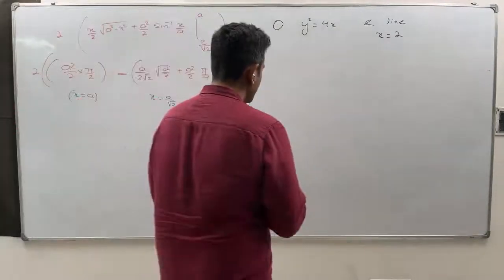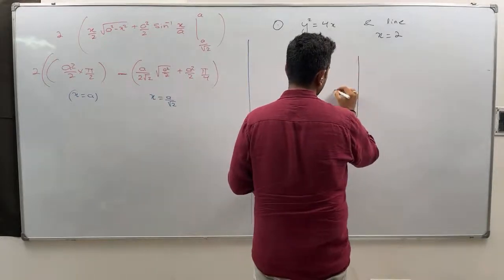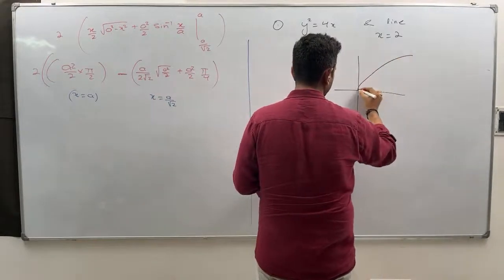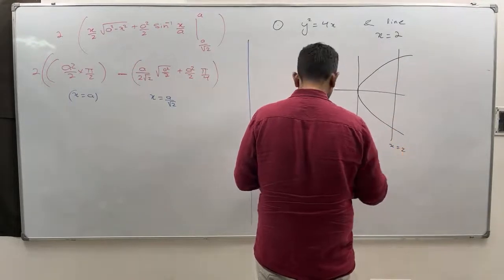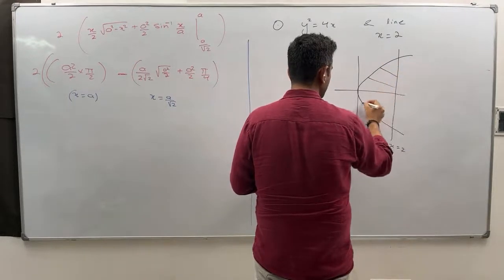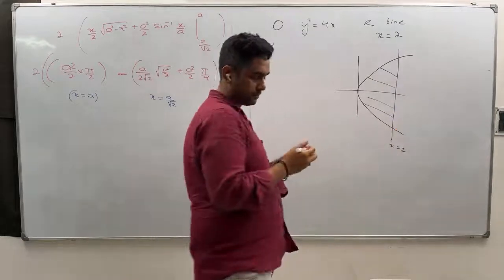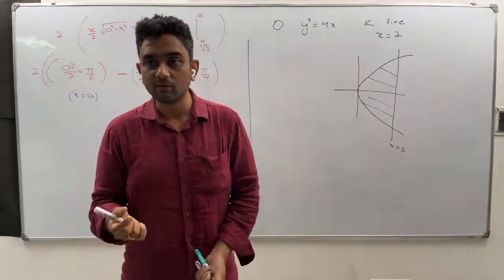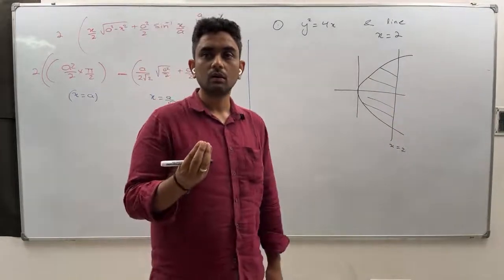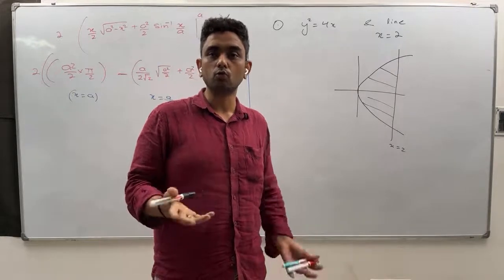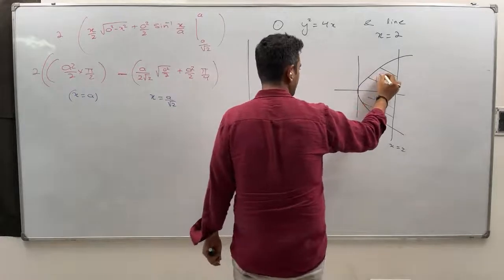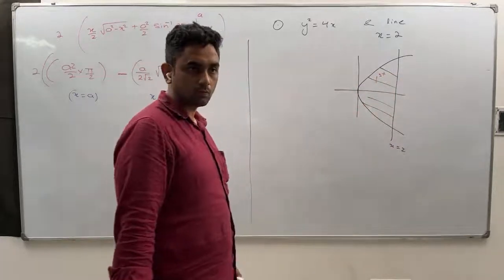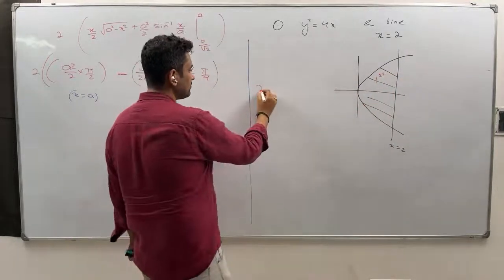Now what we will do over here is first draw the rough diagram. Now this is the parabola and this is the line. So our required area is this area. Again, we can do the same thing. We'll find the area in the first quadrant, this one, and then multiply with 2. So we'll write twice of